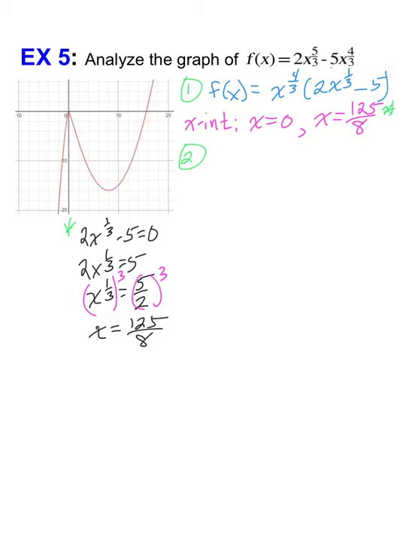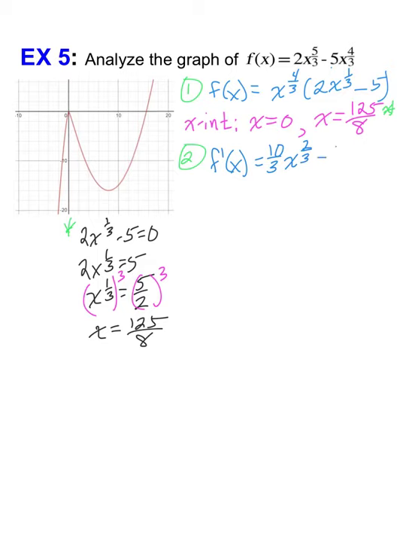So then step 2, now we're going to have to find the derivative. So don't let the fractions bother you. Remember, you're not going to use this, you're going to use this one to find your derivative. So take 5/3 and multiply it by 2, then subtract 3/3. Take 4/3, multiply it to -5, then subtract 3/3, because you're subtracting 1 from those exponents. You're always bringing it down by 1. So I got my first derivative by doing what I just told you, and that would be 10/3 x to the 2/3